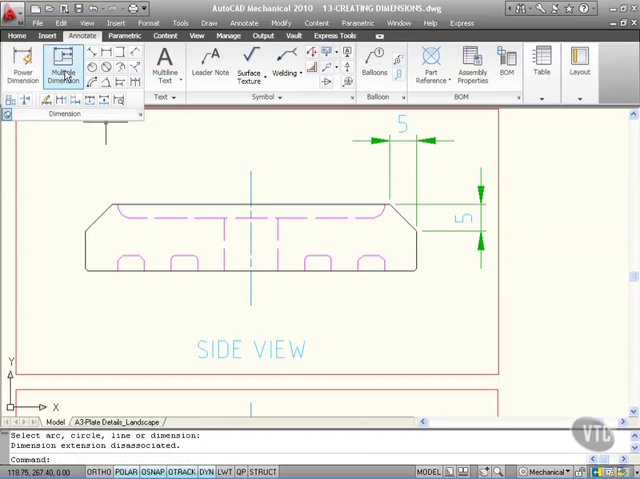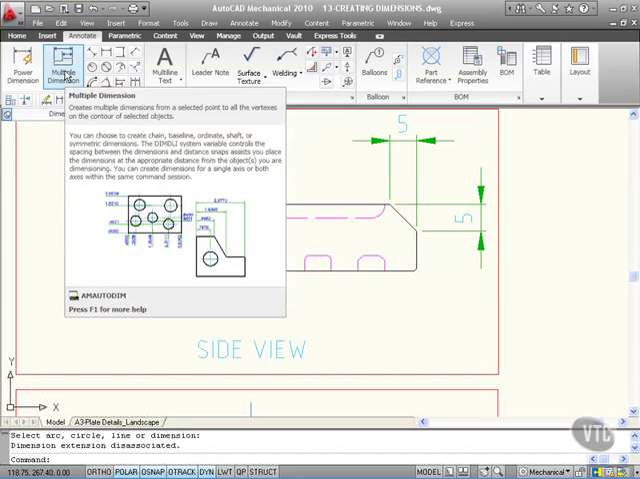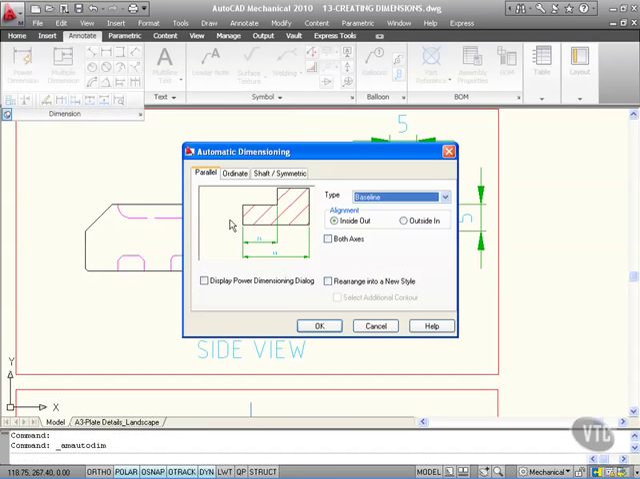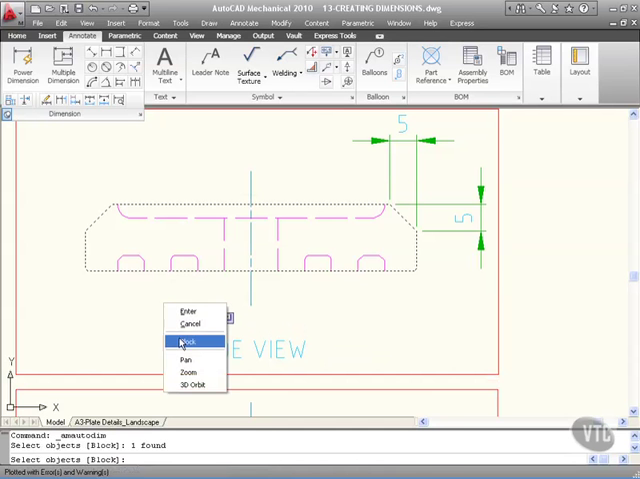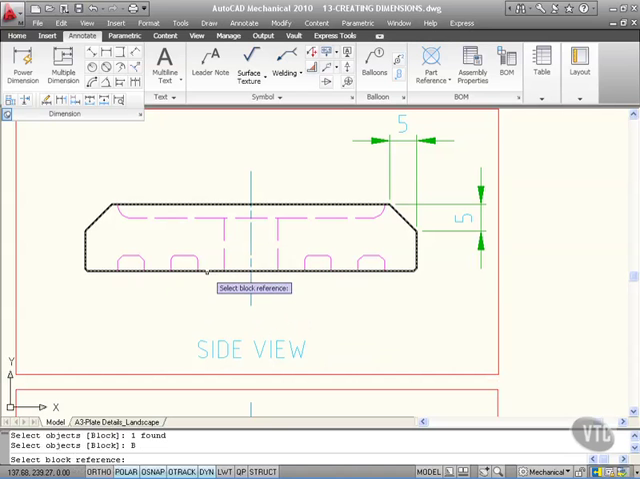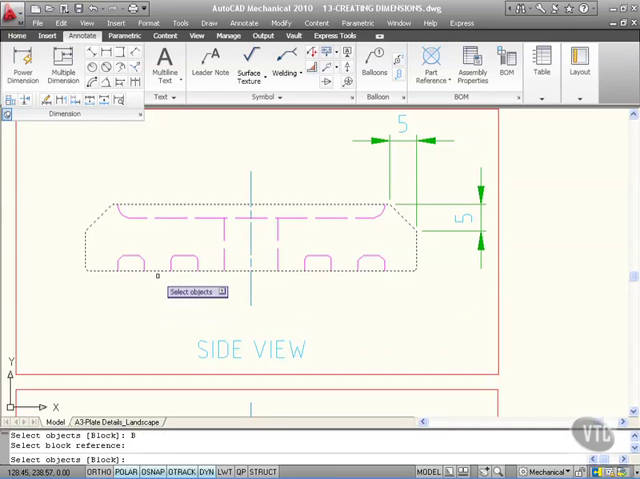Now, multiple dimensions, again, are really cool. So a multiple dimension from a selected point to all the vertexes on the contour of the selected object. Let's check that out. So I want parallel like that. So I OK that like that. Select the object. There like so, right click to confirm and block. Select a block reference. Now I can select a block as well if I want to. Now I don't actually really need all of those dimensions filling up that side view right now. So what I've done there really is deliberately hit return, and then I can select the object which is there,